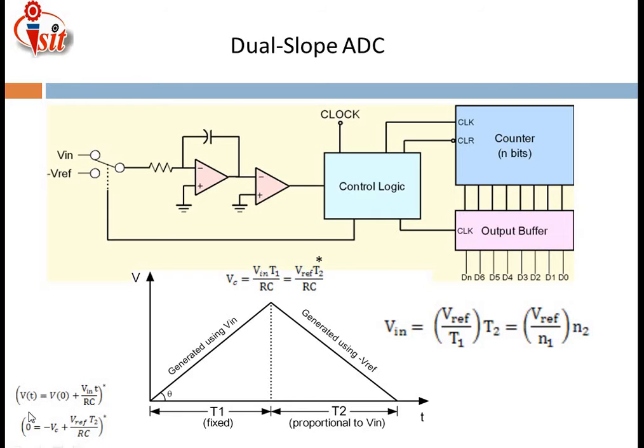Then the equation related to this is, just see here, output voltage with respect to time is equal to output voltage plus Vin T divided by RC. But we know very well that whenever we use that V reference, then the time factor voltage is equal to 0, and what is that output voltage?